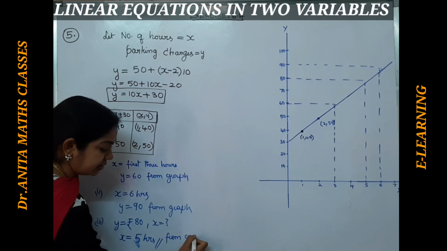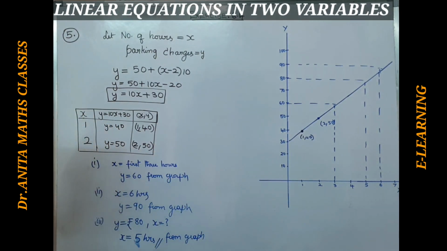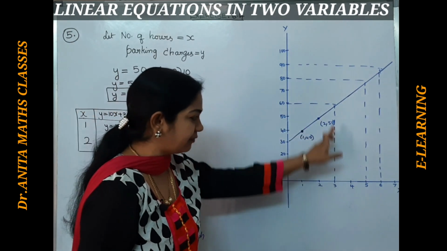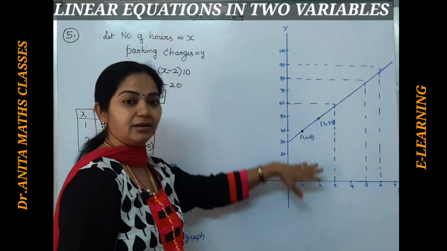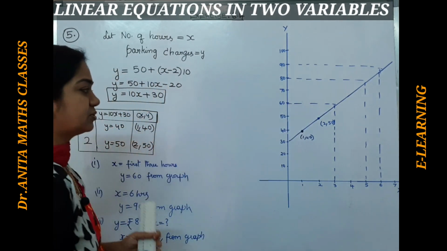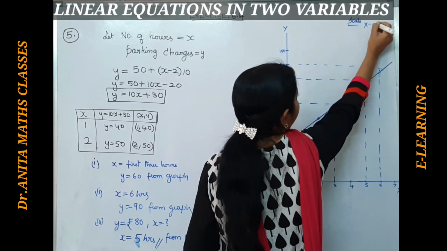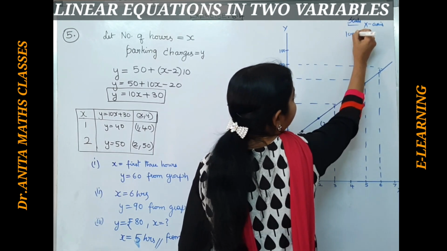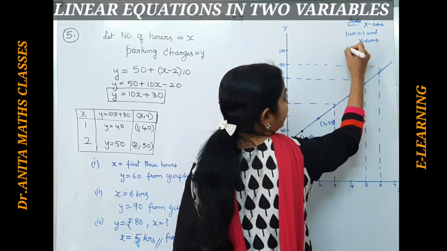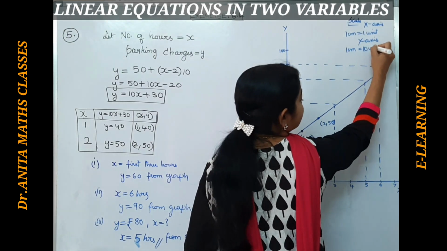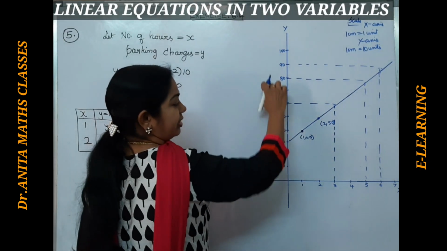From the graph we have drawn, we did not substitute the values of x to get y. We got these values by drawing lines from the graph, from where it touches the linear equation, parallel to the x-axis. Also, do not forget to write the scale. On the x-axis I took 1 centimeter as 1 unit, and on the y-axis 1 centimeter is equal to 10 units. Why did we take 10 units? Because these values are bigger, 40, 30.